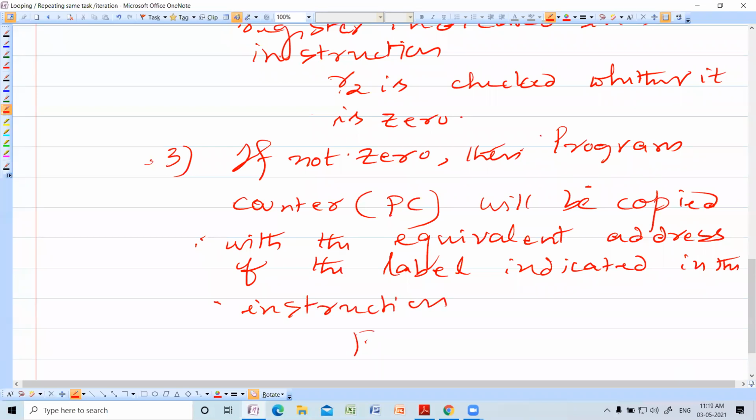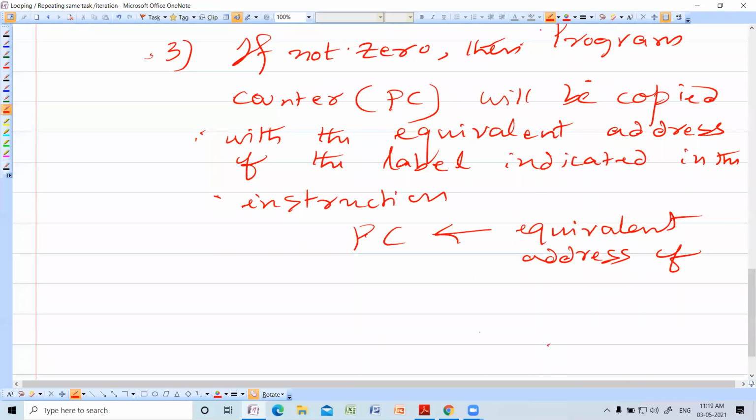That is, in this case, PC will be copied with the equivalent address of, in this case, label back. Program counter will be copied with the equivalent address of back.